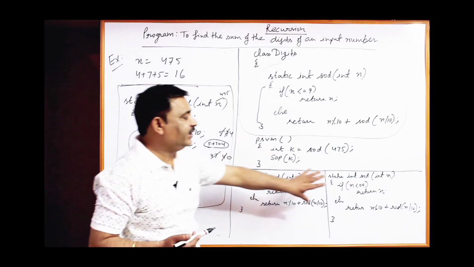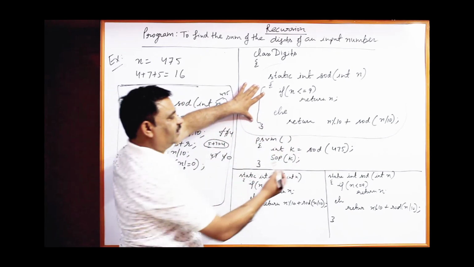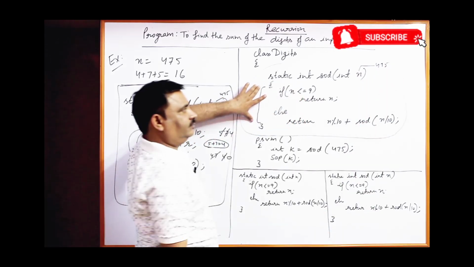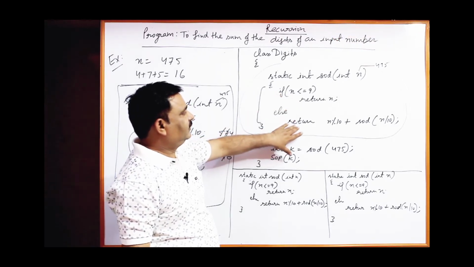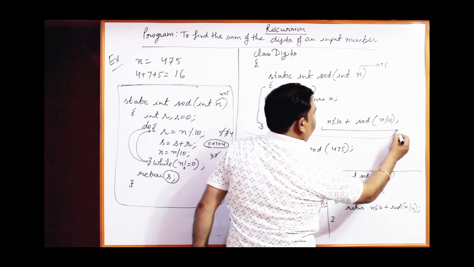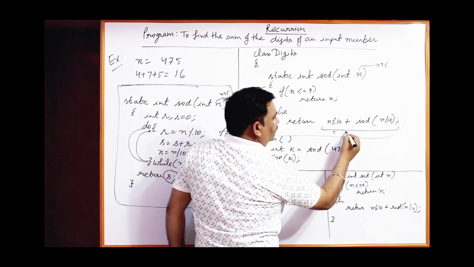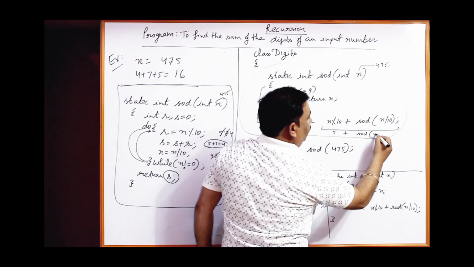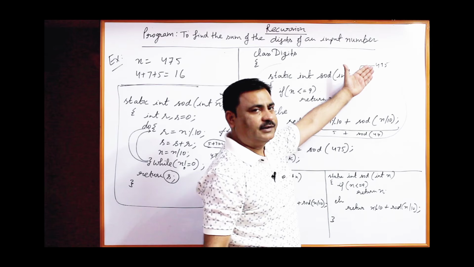So here is the explanation of this. First of all, I am going to explain only this function by passing 475. If I pass 475, which is not less than or equal to 9, return remainder plus this, the whole statement. See, try to understand this statement. The remainder will be 475 modulus 10, that is 5, plus call the SOD function with 475 divided by 10, 47, the integer part. In the second call, it will be 47.